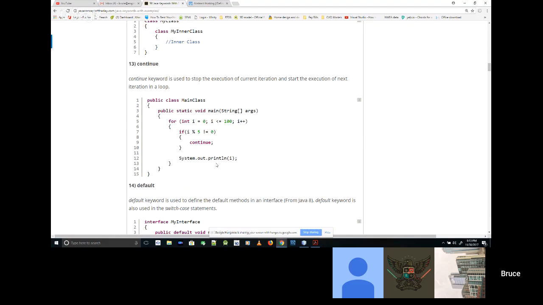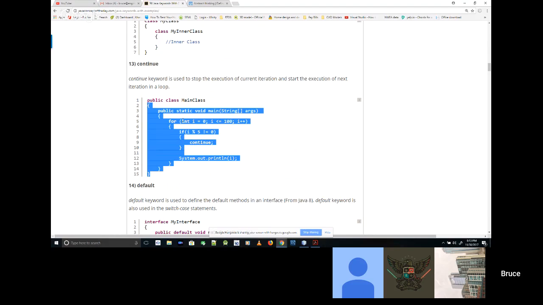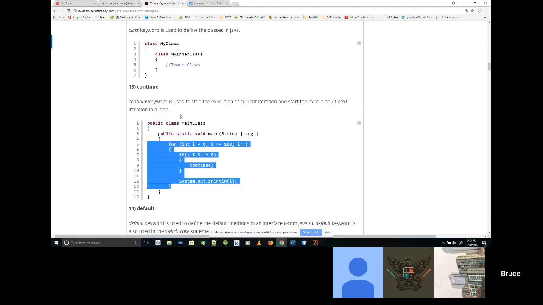This structure, you could start with this program, delete the for loop all the way down here, and these two lines here are a requirement for every Java program. Or this includes that curly brace too. You could delete what I have highlighted there, and that is the beginning of every Java program. But it turns out that if you go into NetBeans and say, I want to make a new project, it just does this for you, if you noticed. Okay. The continue keyword is kind of the opposite of the break.